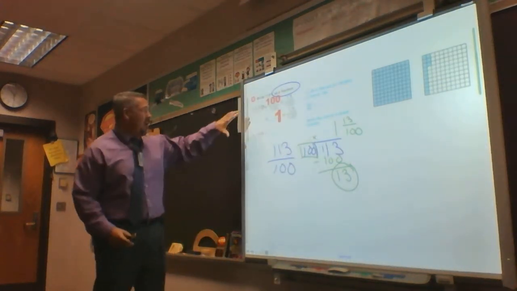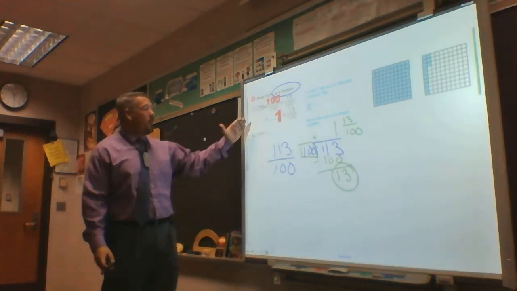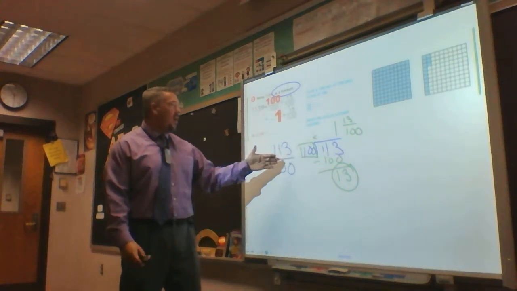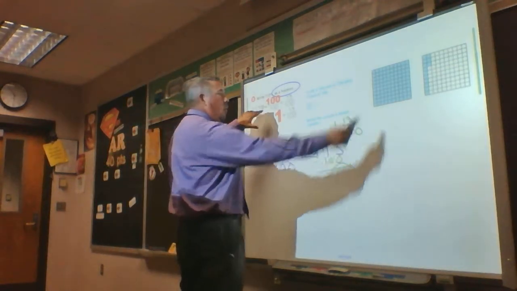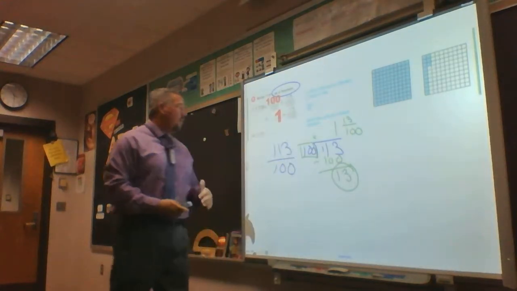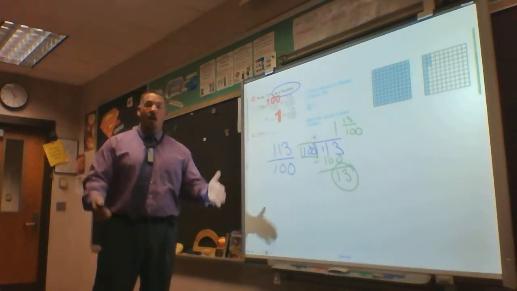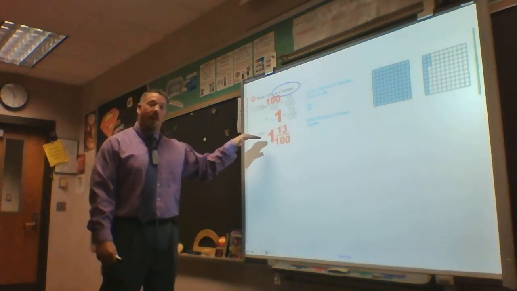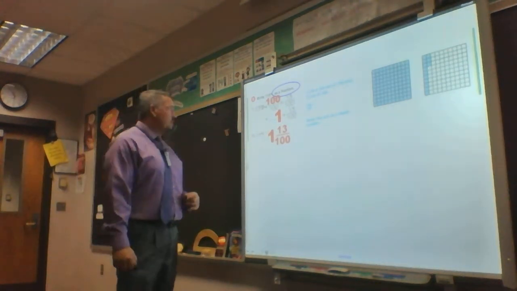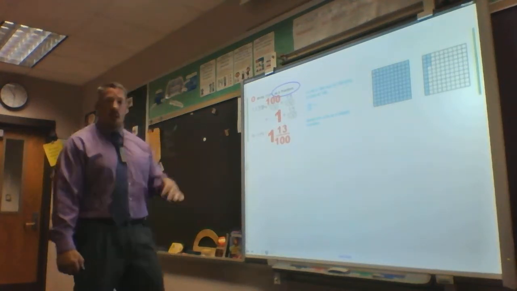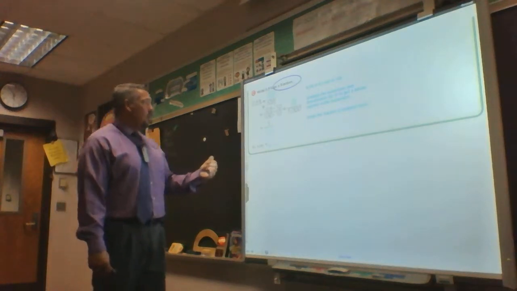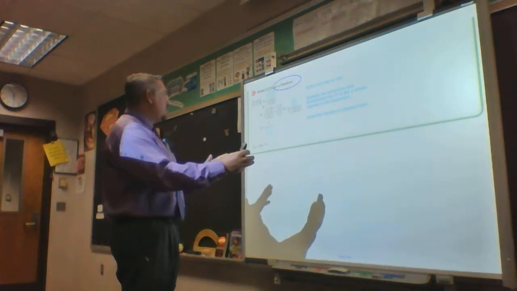So by just taking my percent and putting it over 100, which takes me down to here, I get the same thing as thinking about a grid, one complete grid being 1, and the 13 100ths is left over. No matter which way I approach the problem, I'm still going to get 1 and 13 100ths as my answer. And then the last one that they have you look at was a decimal point. So when we looked at the third item on the chart, then we had